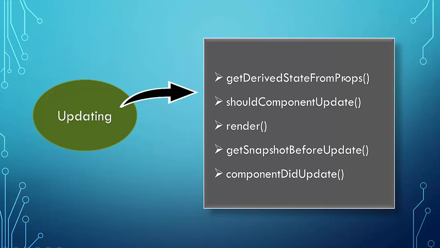Yes, before rendering, this is the method which is called first. That is why the same method which is present in the mounting phase gets called even after a state gets updated after render. So in order to define any logic inside the getDerivedStateFromProps method, you have to think twice because it gets called when a component gets updated.